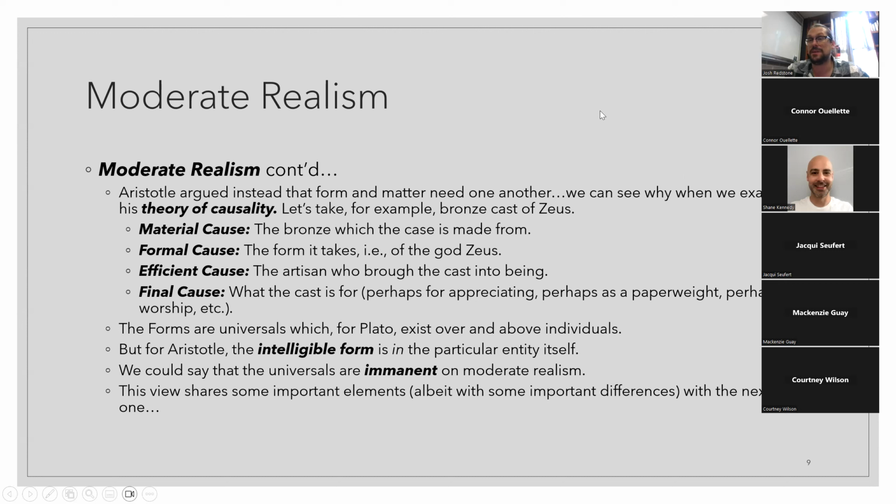Maybe this will become a little clearer if we talk about Aristotle's theory of causality. So Aristotle understands causality a lot differently than you're probably used to thinking of causality. So when we talk about cause and effect,